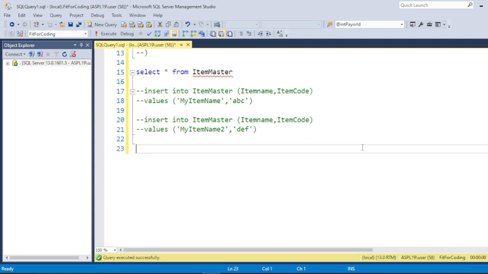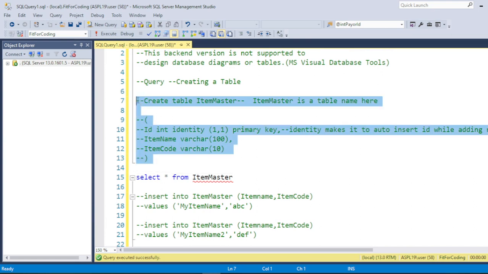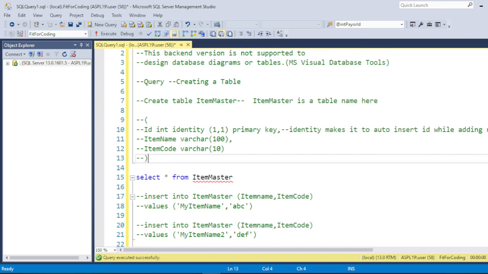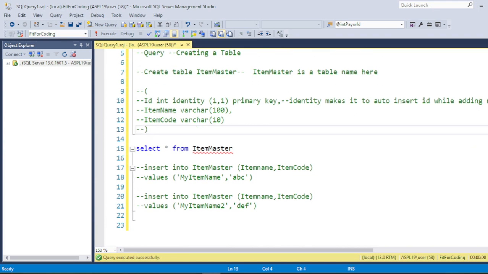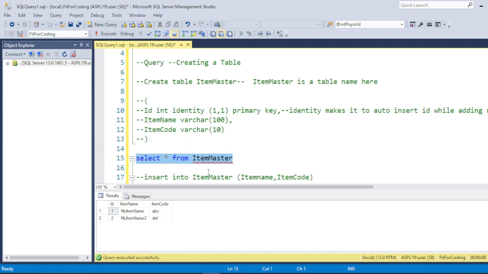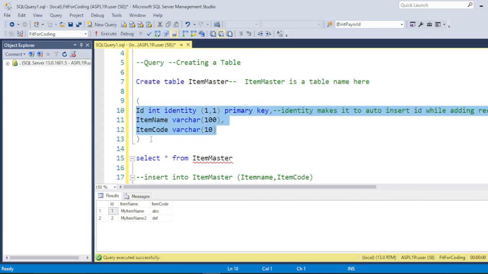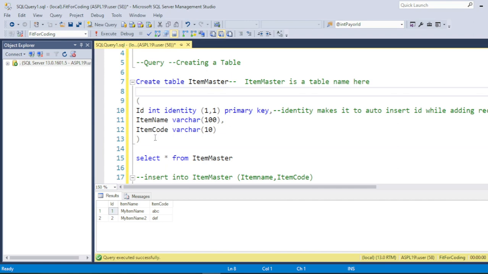Now we are creating a new table to understand the foreign key concept, because there is a need to add a foreign key. Also, if we want to add some extra columns in this particular table, let's suppose item master, but in our insert query statement we have mentioned only 3 columns here, but we want a fourth one, a fifth one also. So in that case